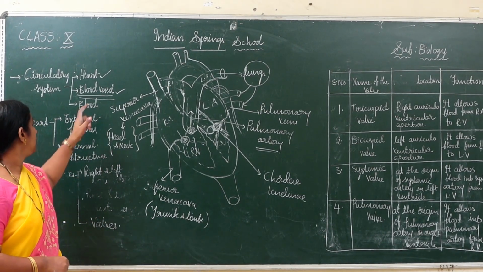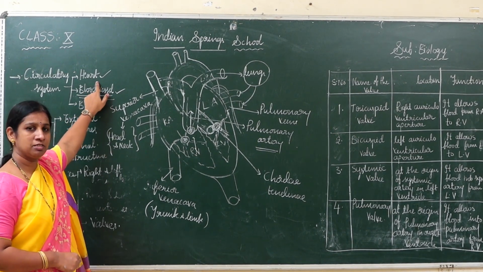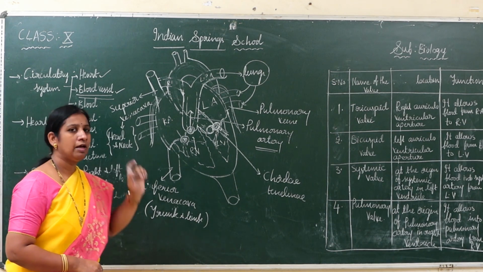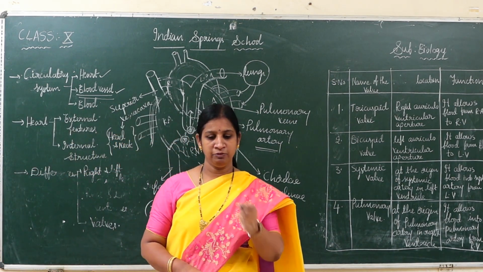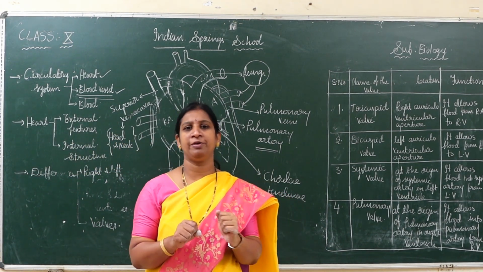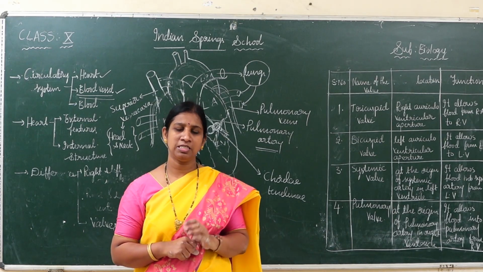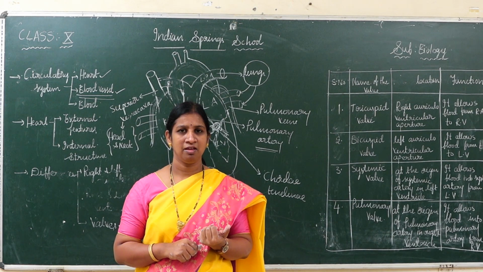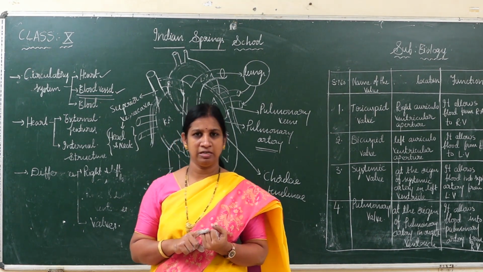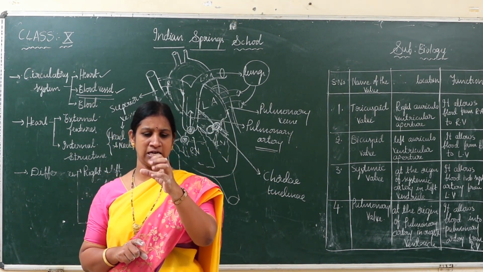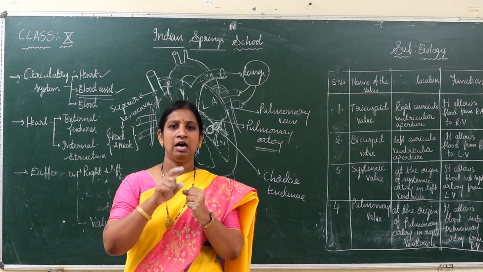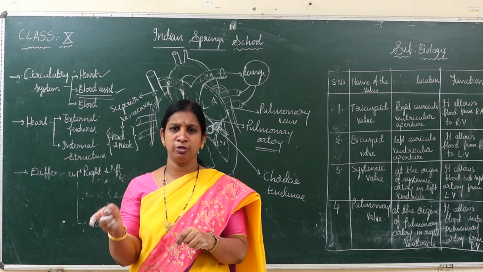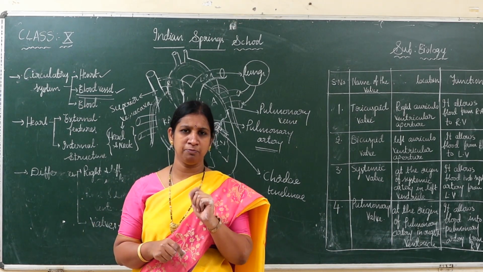So today we completed the heart and blood vessels. In a recap regarding the heart, before going to the heart, first we needed to discuss the circulatory system. The circulatory system basically consists of three important parts. What are they? First one, a very important chief organ, is the heart. Heart is the pumping device. Heart is connected with blood vessels, and inside the blood vessels, blood is going to flow. So these are the three important parts.